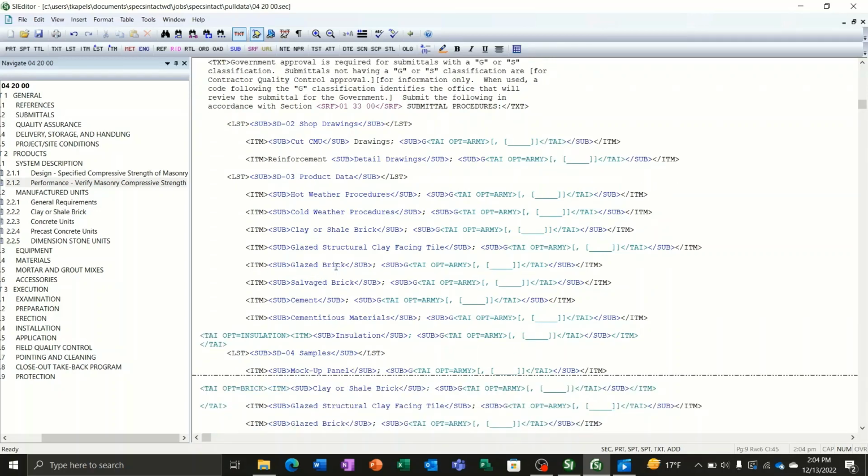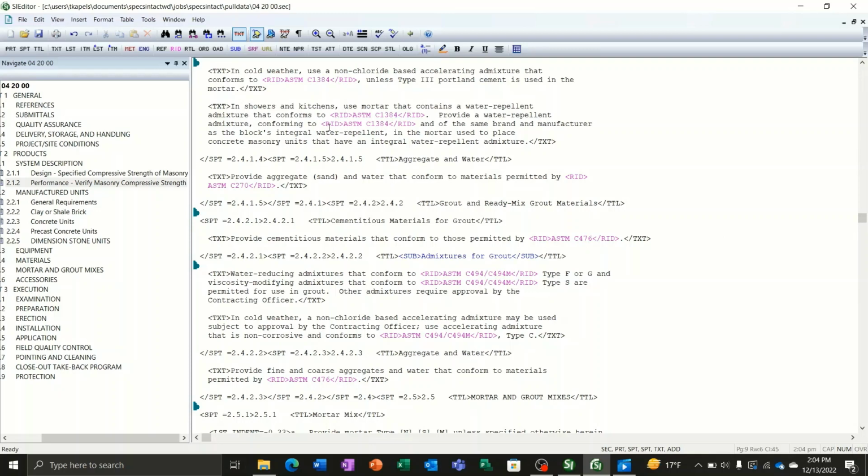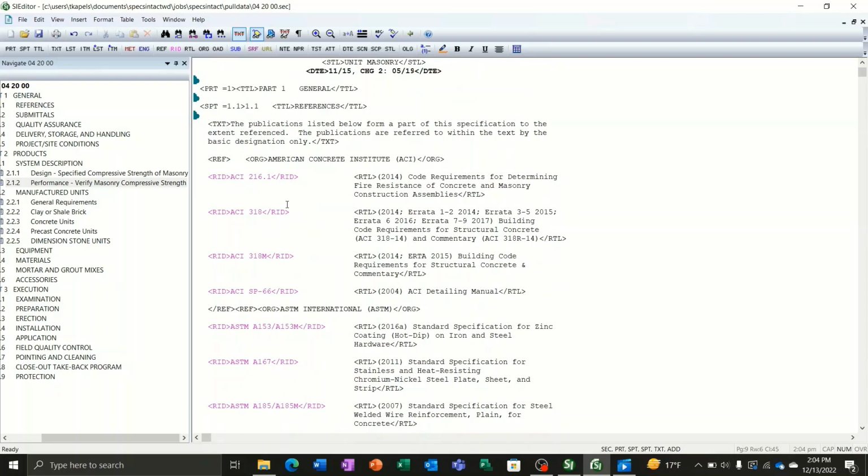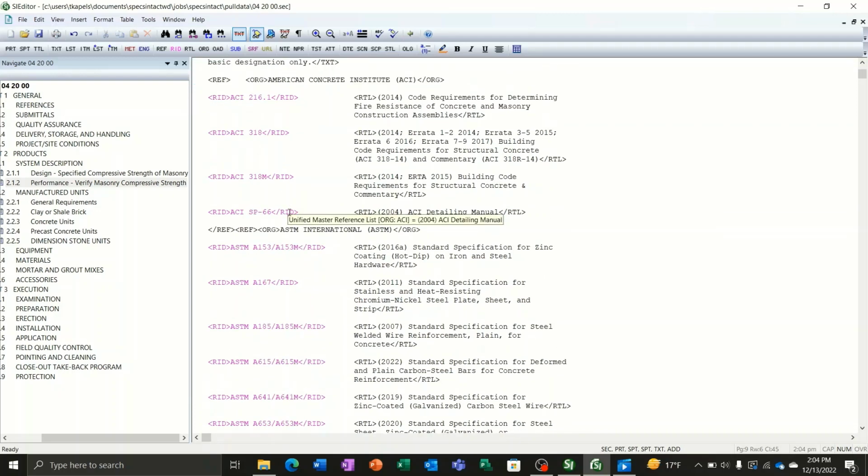You can see the submittal item that is required, and then a tag, G in this case for government, for review, or if it's going to be someone else that is reviewing that section. Going back to part 2, you see a lot of this pink text in here. That's a reference identifier, and again that's going to come back up to the front, to the beginning, and tie in with one of these items here at the beginning of your spec for references.